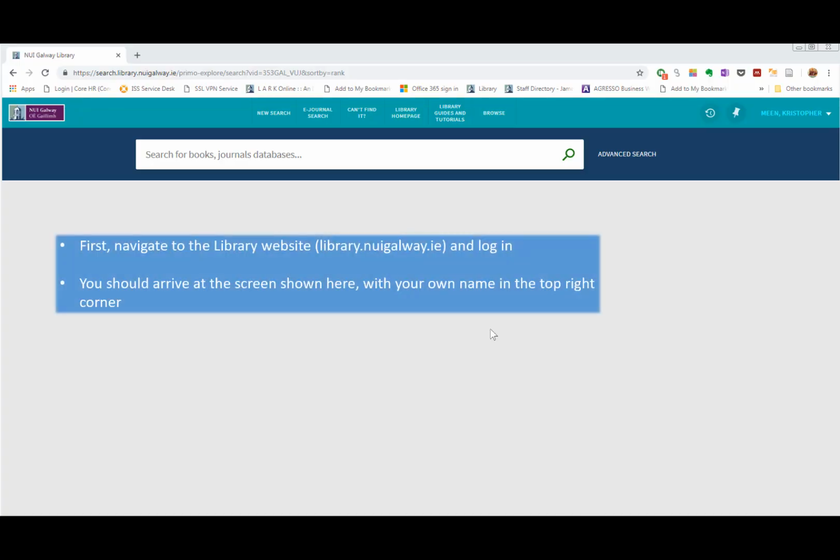First, navigate to the library website. That's at library.nuigalway.ie and log in. You should arrive at the screen shown here with your own name in the top right-hand